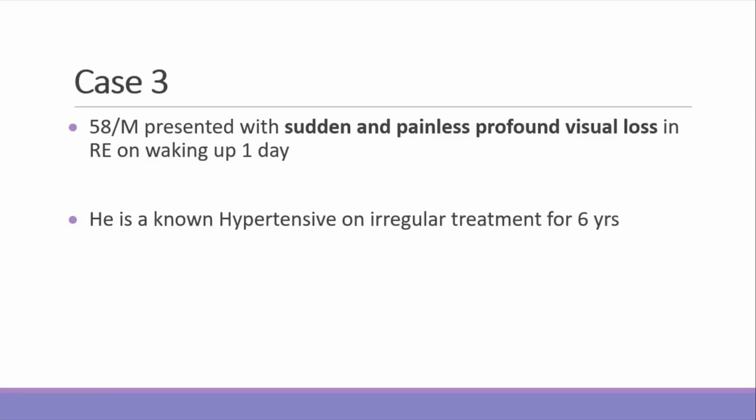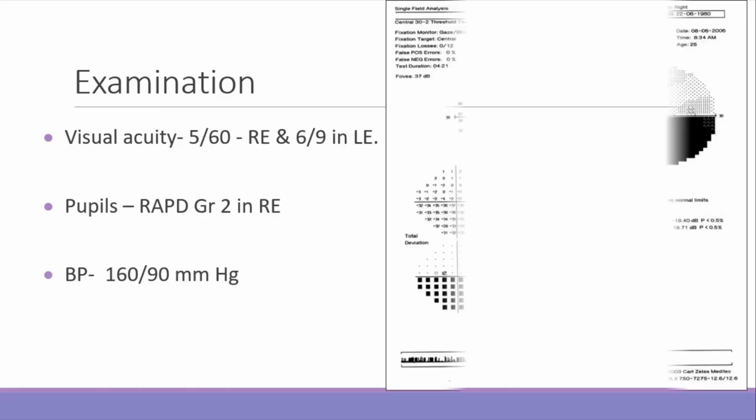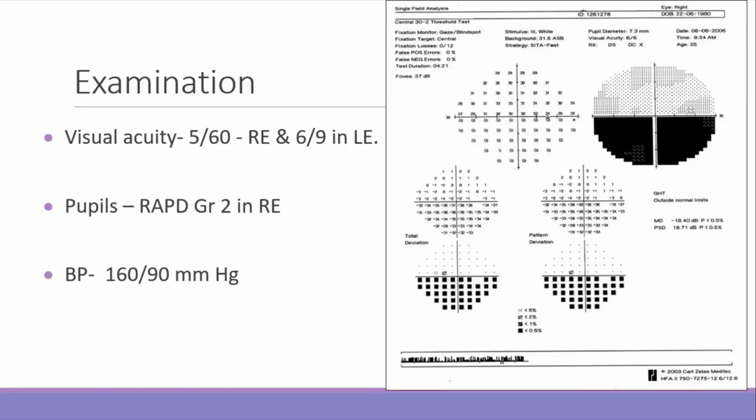Now, coming to case 3, a 58-year-old male presented with sudden and painless profound vision loss in the right eye on waking of 1 day duration. He was a known hypertensive on irregular medication. His visual acuity was 5/60 in the right eye with a grade 2 RAPD and a blood pressure of 160/90. His visual fields showed an altitudinal field defect,